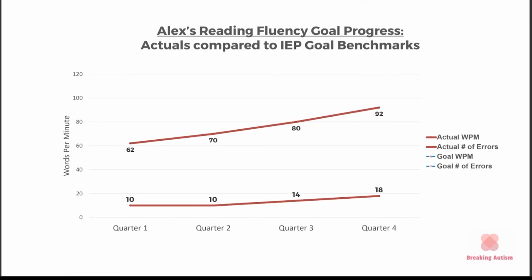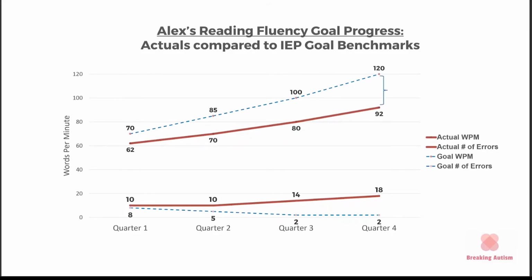So if we're just looking at his reading speed, we can see that he's increased nicely, but now we're showing you these blue dotted lines, which are the actual goal lines, okay? So like I said, Alex's speed has gone up, and he's up to 92 words per minute in 1 year's time. But what we can see, though, is that where we really wanted him was to be at 120 words per minute, and that results in that performance gap that we've outlined there, which is really indicative of the fact that Alex didn't make the progress that was expected in 1 year's time